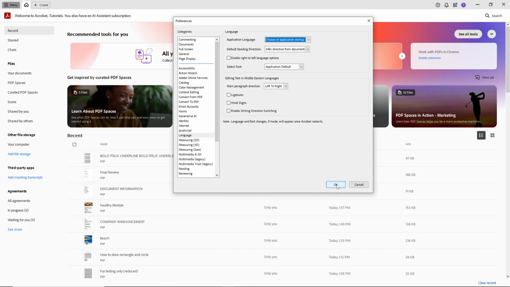When Acrobat launches again, you'll be prompted to pick your language. This is where that startup option comes into play, giving you the flexibility to choose a different language each time you open the program if needed. And that's it. You've successfully changed the language settings in Adobe Acrobat Pro DC. Whether you're working across different regions or simply prefer using the software in your native language, these settings give you complete control over how Acrobat presents its